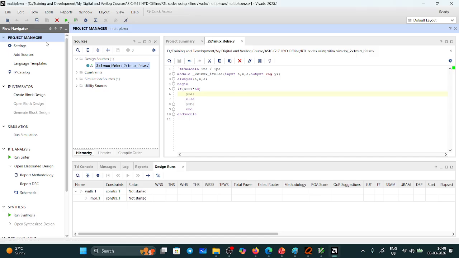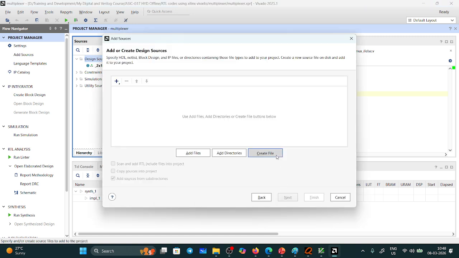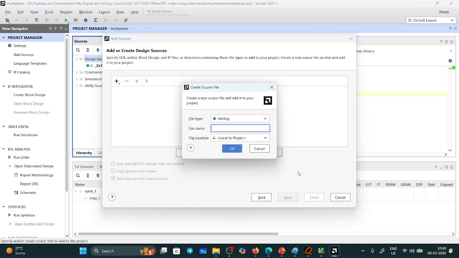Okay. So next you see, just add the source. Next, create file name. Okay, create that file name underscore